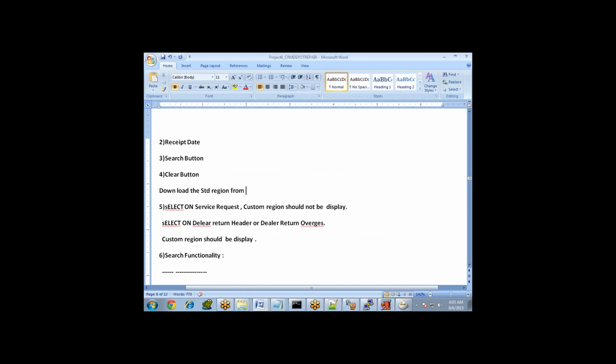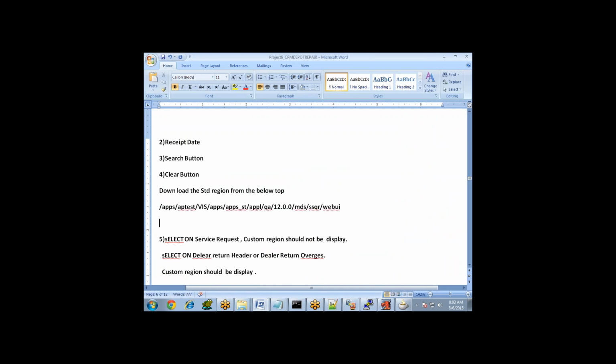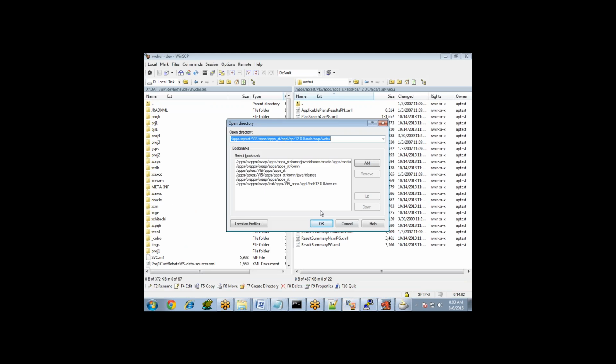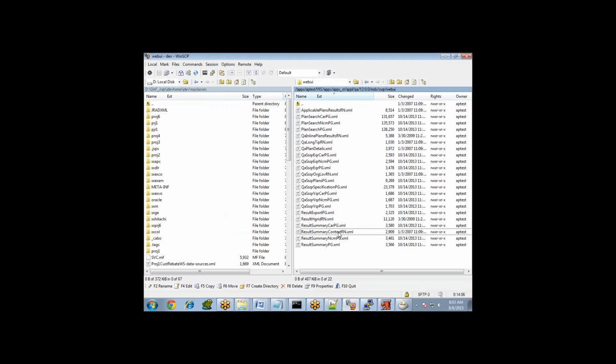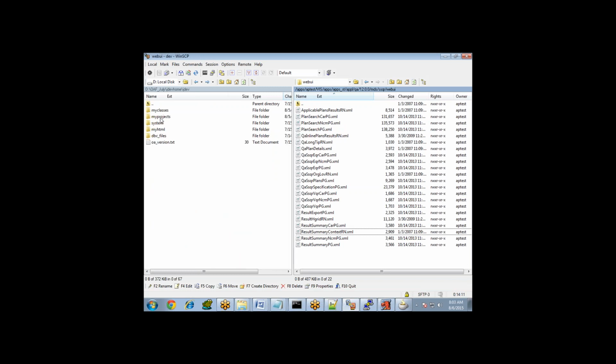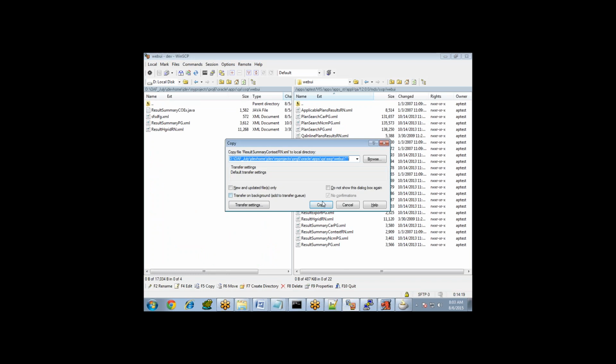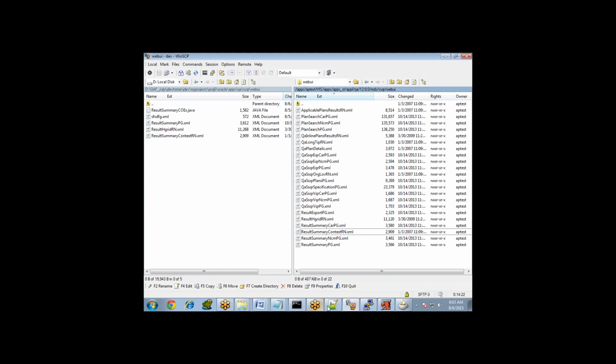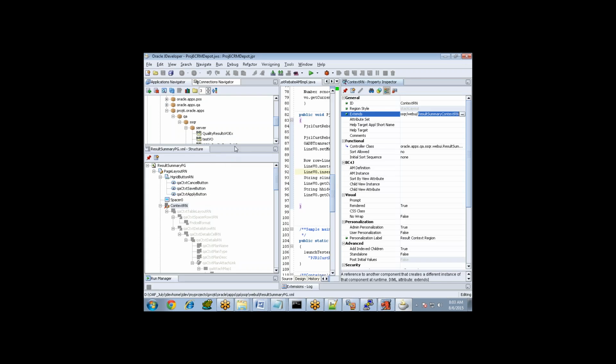Standard region or page from below top. Okay. Result summary context RN. Okay, go to your my projects folder. Result summary context RN. Okay. Now in JDeveloper,